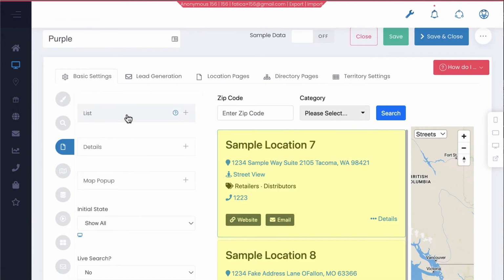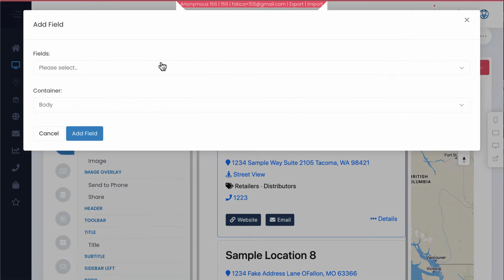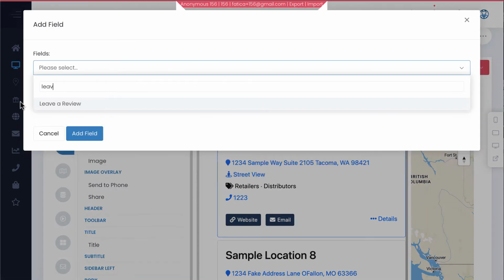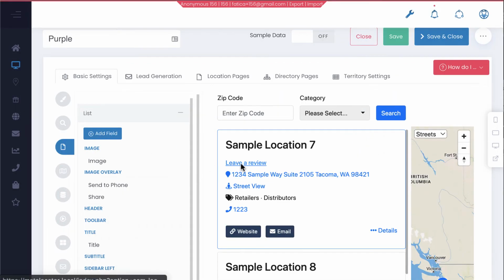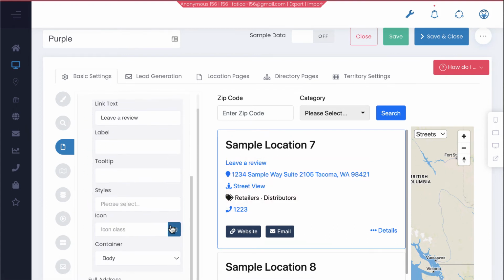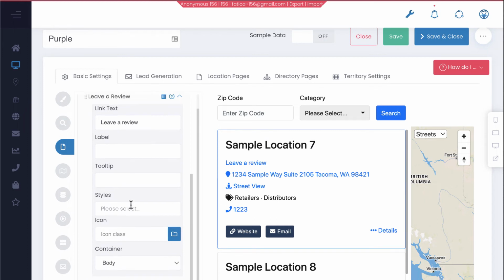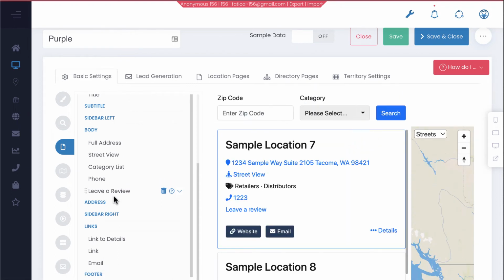One is a link that will allow people to add a review. So let's go ahead and add that to this result list. I'm going to click Add Field, and the field I'm going to add is a special field called Leave a Review. When I do that, we'll have a button automatically added to the body. I'm just going to expand this, and I'll leave it exactly as it is. Maybe I'll just move it to the end of the list, and now we have our Leave a Review call